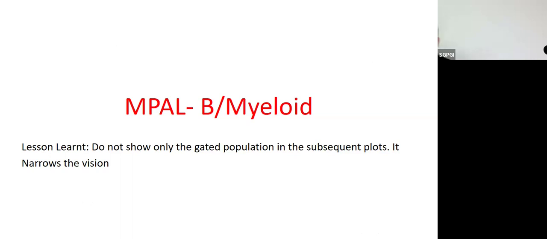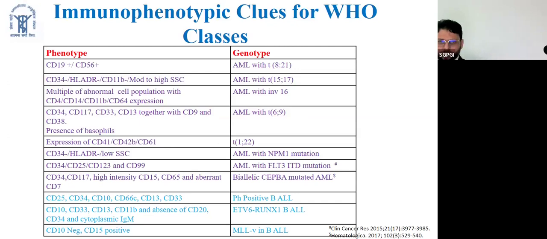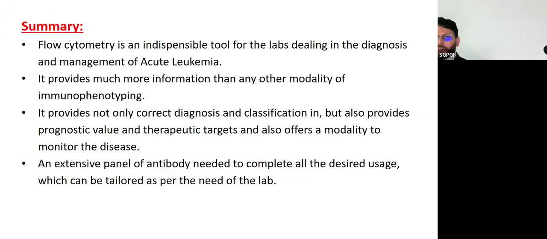But at least we could have said it, and we could have been aware of this situation if we were monitoring the disease. Fine. In this case, we will try to find out the residual disease of both myeloid and B component, not only the myeloid component. Because if we know that this is AML, we will put the tube directed towards myeloid, not B. Fine. So I will stop over here, and I have taken longer time, I know, but the message that I